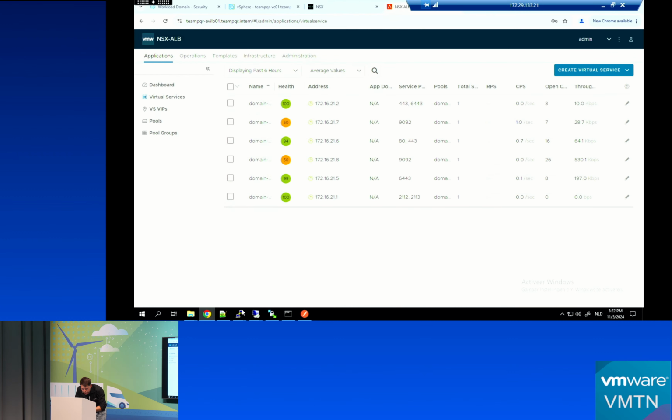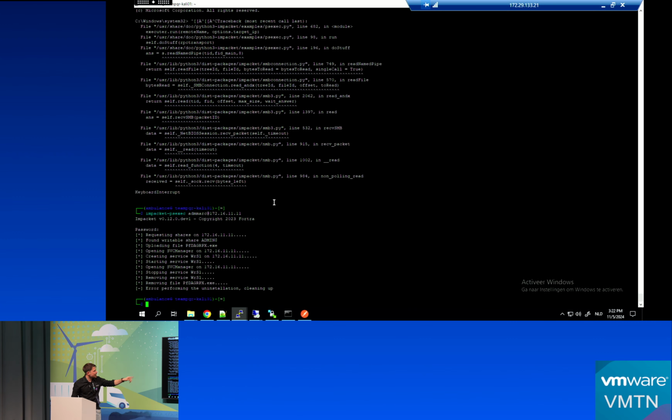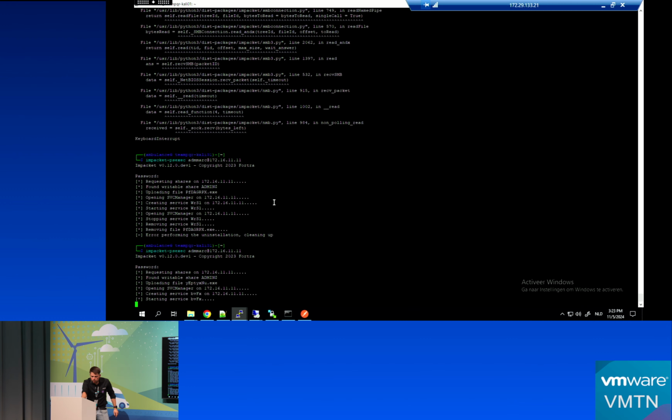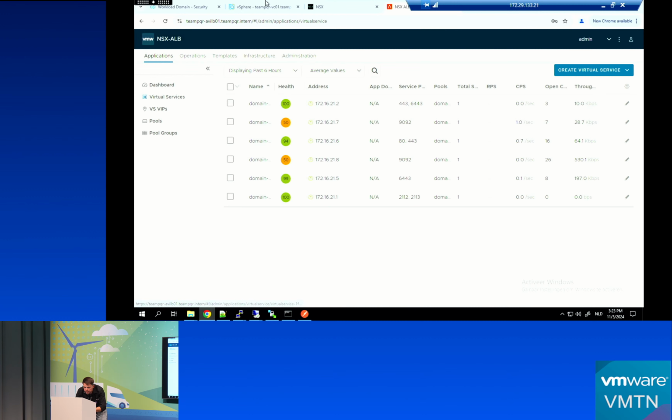So let me show you some exploit on my Kali Linux. Imagine that someone did a privilege escalation attack on my account. I'm domain admin. And someone wants to hijack my account. He knows my password. And this is what happens. He knows my credentials. So you see what happens here? It freezes. It tries to get an SMB hack. It wants to set an executable there and start a service. But it hangs. And you know why it hangs? Because I got this